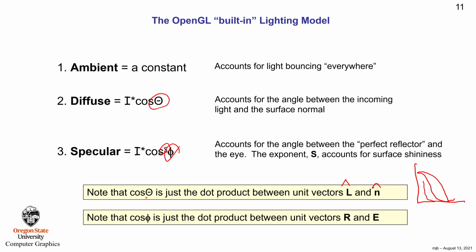and stays narrow. We've learned through our life experience that when we see a very tiny bright spot on something shiny, it must be a really smooth surface. You know, polished metal, obsidian, things like that. That's what this is taking into account. That's what that exponent takes into account. Okay,